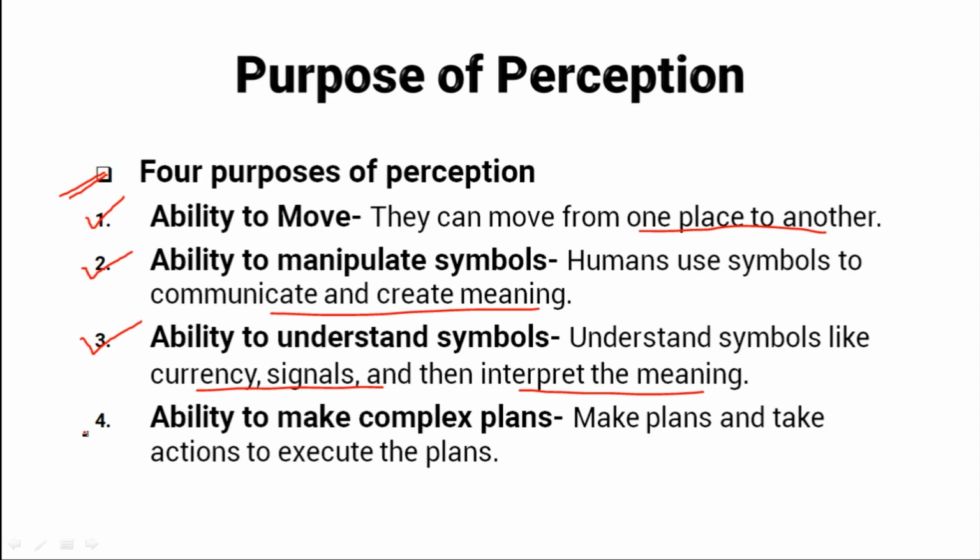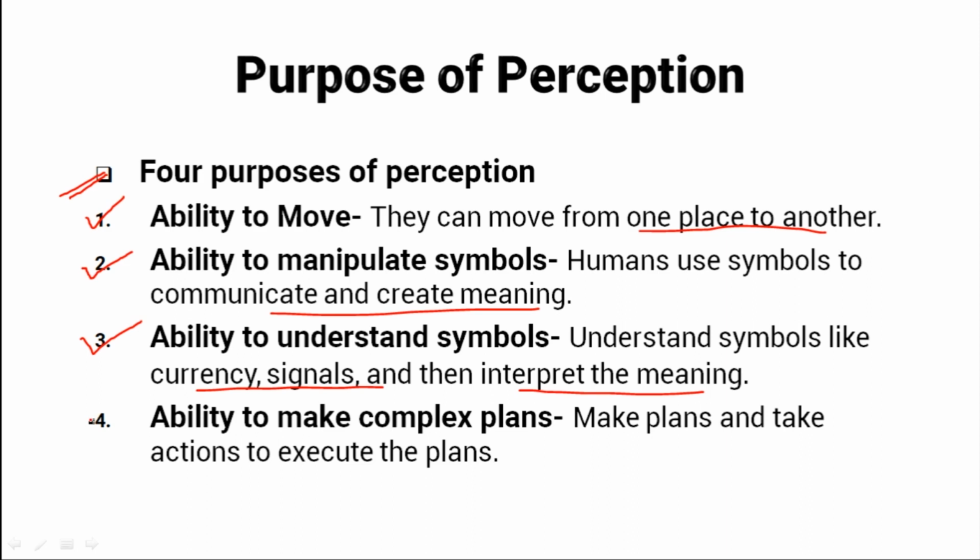So one of these abilities is mobility. Humans can move around and navigate through different environments. However, in order to move around effectively, humans also need to be able to perceive their surroundings and make decisions based on that perception. This is where symbols come in, and symbols are things like traffic lights and signals that convey meaning to humans. Humans use symbols to make decisions about how to navigate their environment. Additionally, humans also manipulate objects around them to get things done.